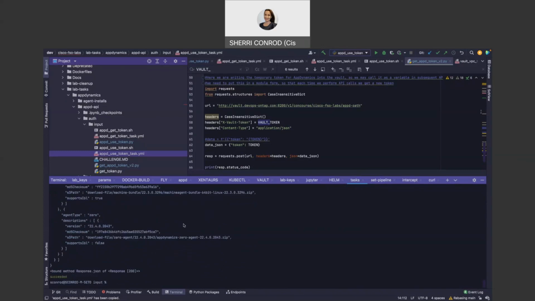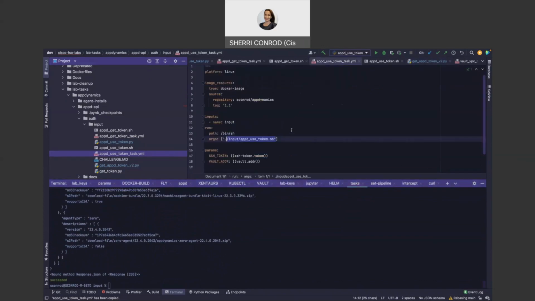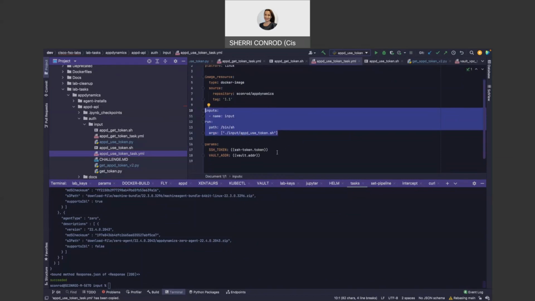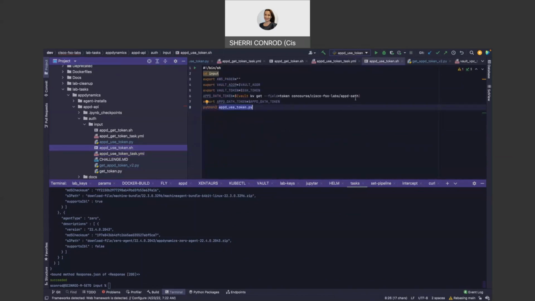So look, our code executed, it worked, it was really fast, it's reusable. Let's just see what happened here. Our use token task called the same build container, called our script, copied our scripts onto the container, and injected in some parameters from the Vault. It executed our script. The script went out to the Vault, got that temporary token, set it as an environmental variable, and injected it into our build container. Now our Python script executed